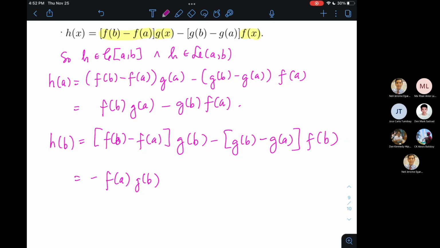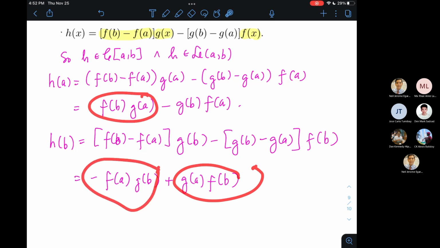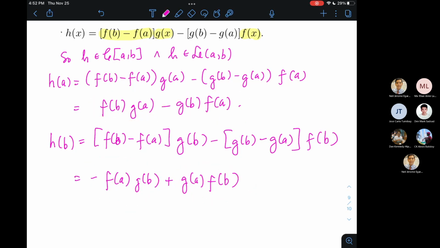Pero there's a minus sign outside. So it's going to be plus G of B, G of A times F of B. And then this is the same as this guy. And then this is exactly this one. So therefore, we can say that H of A is equal to H of B. Okay? So, kaya pala, ganito yung pinili natin na function h because this function h will satisfy the requirements of